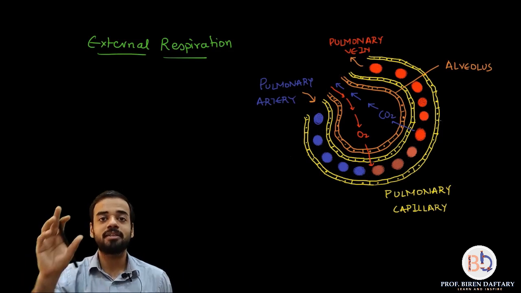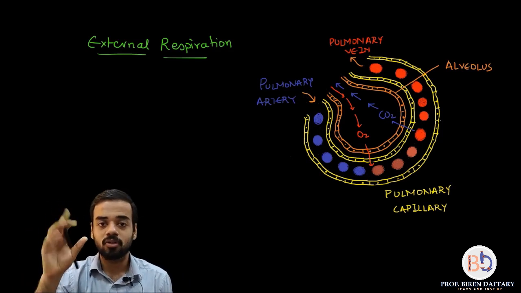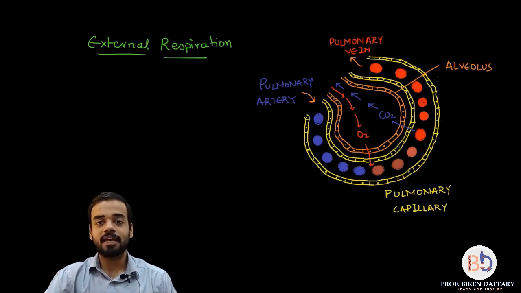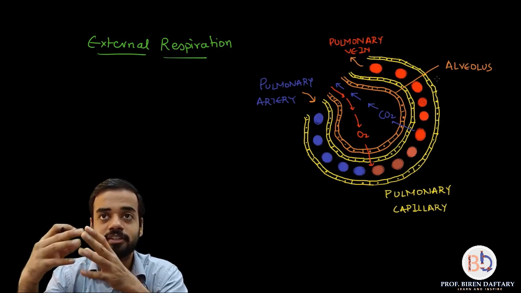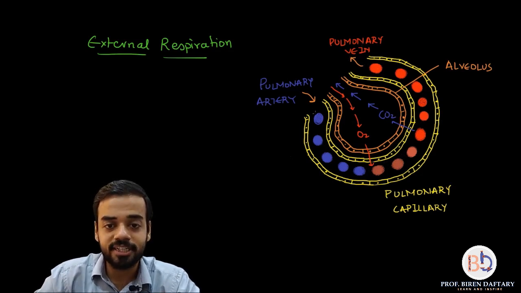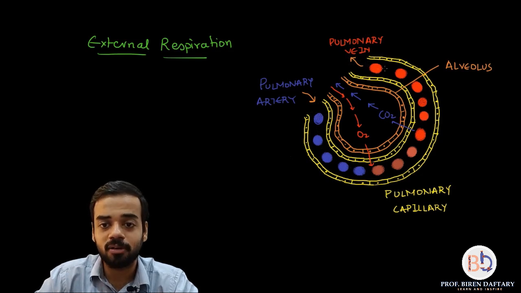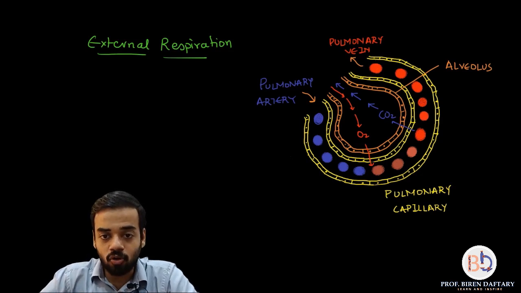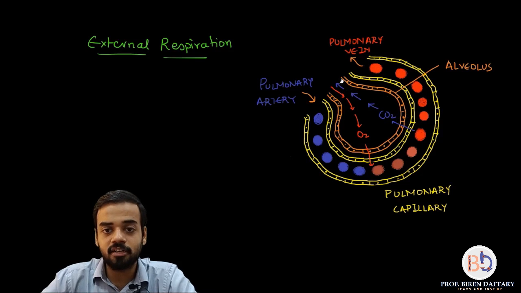So pulmonary means anything related to the lungs. Okay, so this is your capillary, correct? And then slowly the capillary will join to form venules and venules will join to form veins. So this is the pulmonary vein. And you can see deoxygenated blood is coming in, so I am showing blue colored, and oxygenated blood I am showing as red color. Now this orange colored structure which I have drawn inside, this is the alveolus.